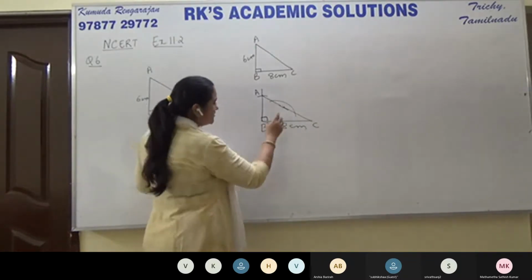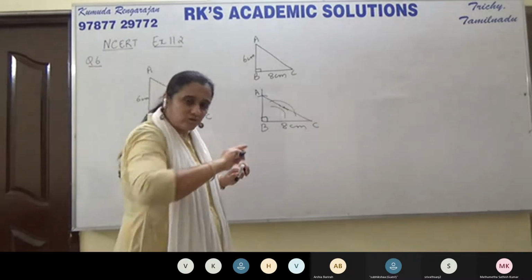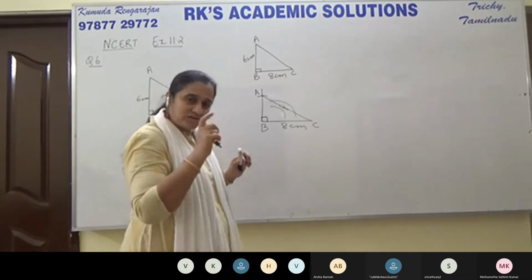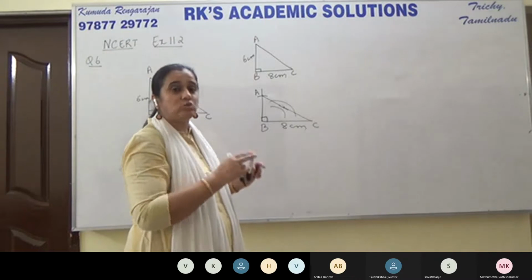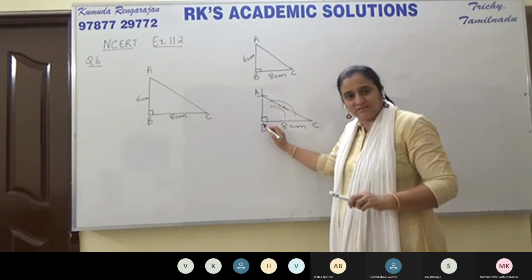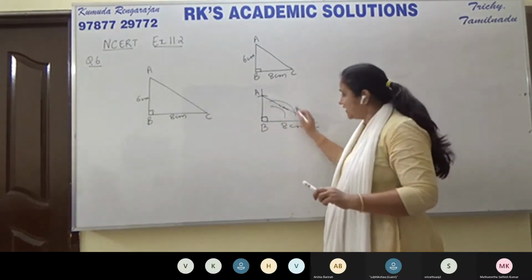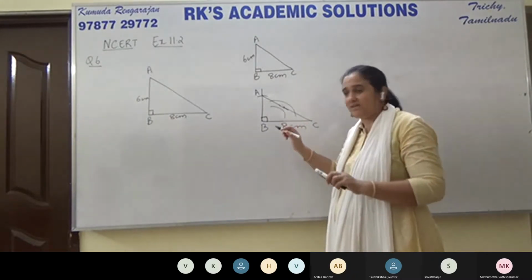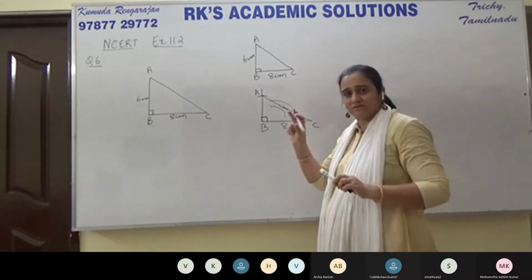See now, if your radius is too small, the arc may be like this here. That means it's not sufficient. You need to take sufficient radius and draw an arc so that it cuts AC at two different points. With B as center and sufficient radius, draw an arc on AC so that the arc cuts AC at two different points like this. Keep that ready. Any radius.